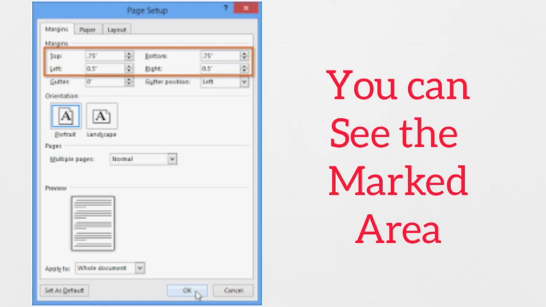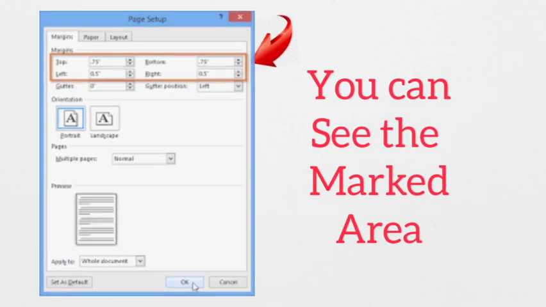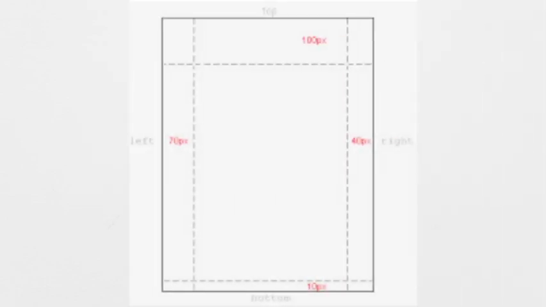You can increase it anytime. You can see there are two increase or decrease buttons given. The upside is an increase button and the down one is a decrease button, small arrows you can see there. When you click on the increase button, it will increase. When you click on the decrease button, it will decrease. Fine. So like this you can change all four sides of the margin as per your choice.